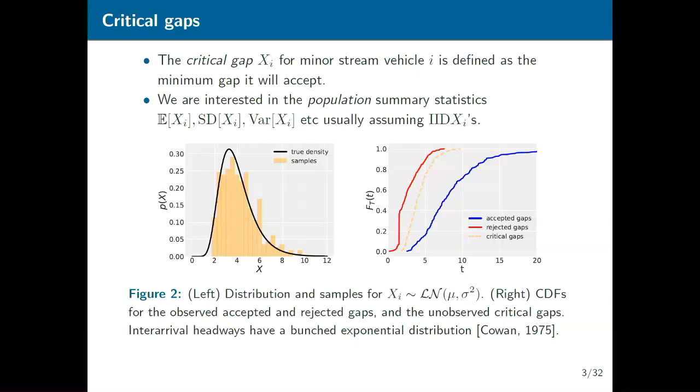So for the figures on the right, for vehicles on the left here, the black density is the true distribution of critical gaps that is of interest. The histogram is the sampled critical gaps for the finite population of drivers in the data set. The dashed CDF over there is the corresponding CDF for the histogram, which you of course don't see. What you do see is the empirical CDF for the accepted and rejected gaps, which are the red and blue curves over there. So the whole point of the game is, given the red and blue curves, can you tell me about the black curves? Or at least some summary statistics about it.